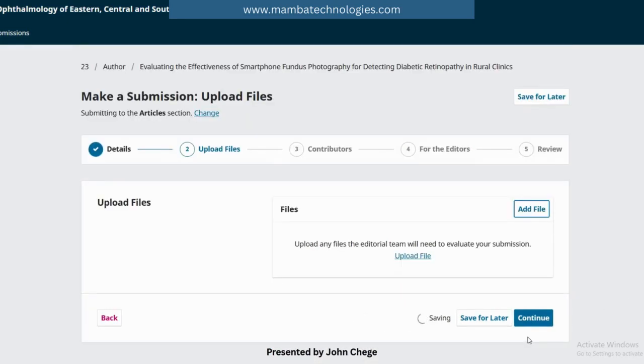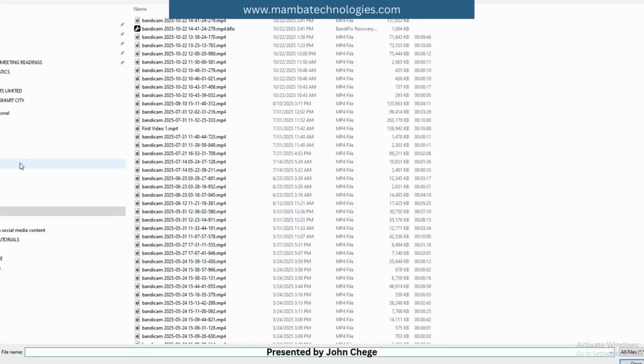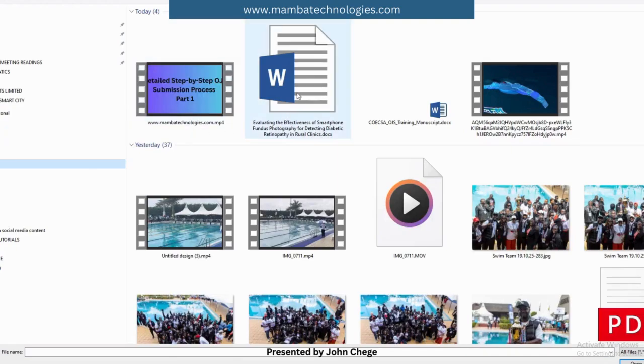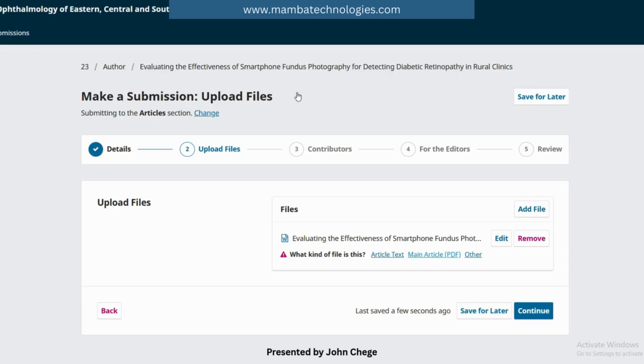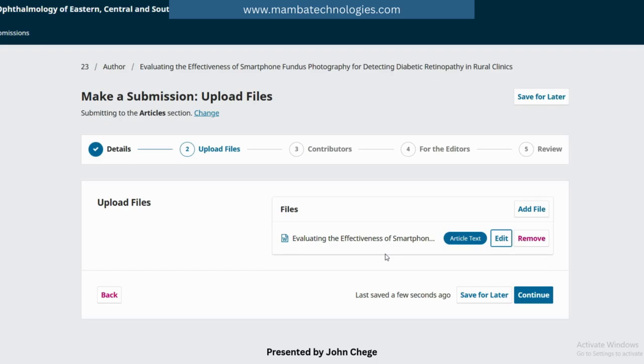Now I need to upload the manuscript. So, upload any files the editorial team will need to evaluate your submission. I'll click on upload and go to my downloads. That's where I put that article, Evaluating. I've selected it, and I wait for it to load. Once it has loaded, I say what kind of file this is. It's an article text. So I click on that, and once it has accepted it,